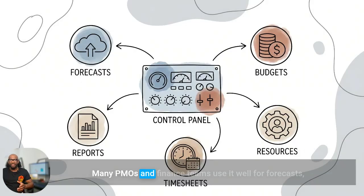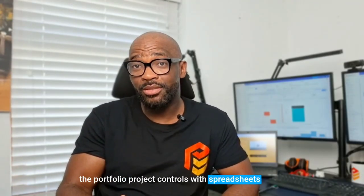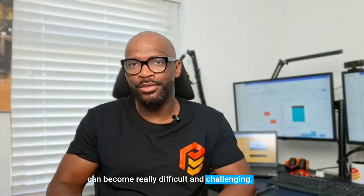Excel, like any other spreadsheet, is a powerful tool. Many PMOs and finance teams use it well: forecasts, budgets, models, and reports. But as the project portfolio grows, managing the portfolio project controls with spreadsheets can become really difficult and challenging, as